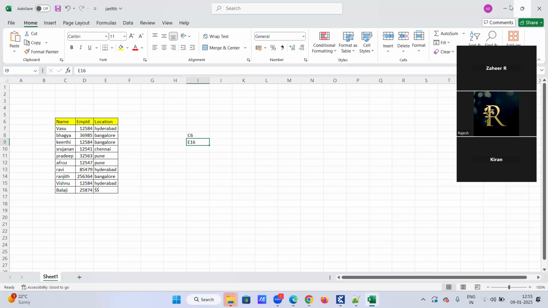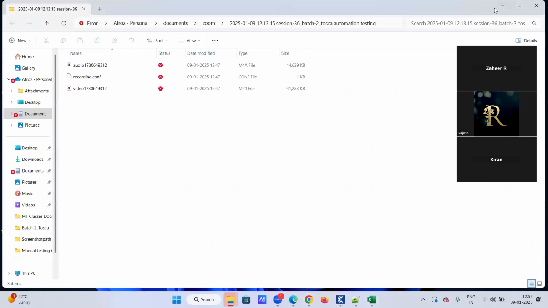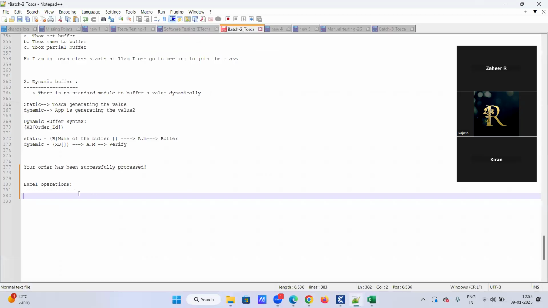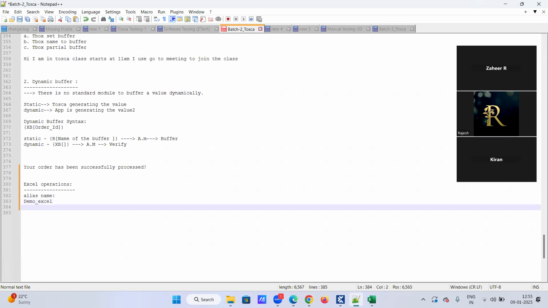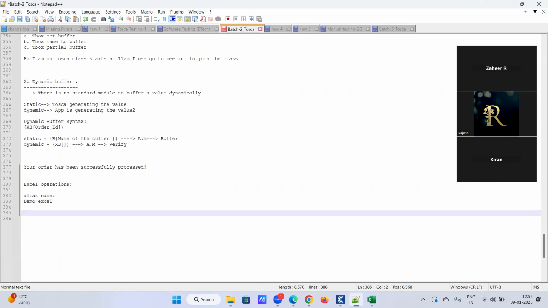So for example, the first step, I will tell you what the alias name is, and I'm explaining it to you manually. Demo underscore Excel, right? This is the alias name. Like my name is Afroz Begum, but everybody calls me Afu or something like Afroza. So this is my alias name, right? And someone calls me Begum. But what is my real name actually? Afroz Begum, right? So I'm giving an Excel file name like January 9th